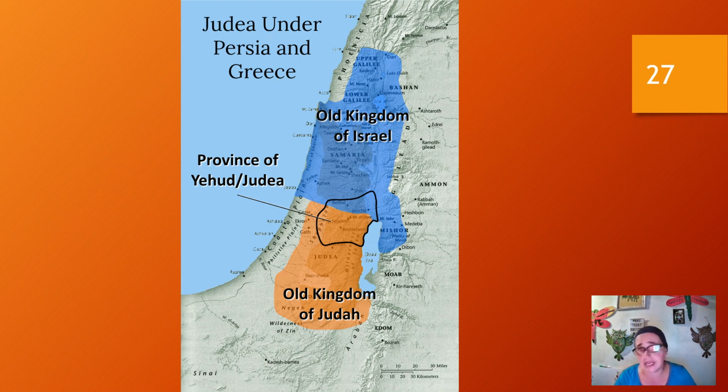So, in class 4, to give you a little preview of what we're going to be talking about, Judaism and Jews really refer to the Yehud. This is the Persian province of Judea. Because after Solomon, the irony is, sadly, that Solomon didn't just build the temple because he was wise and blessed.